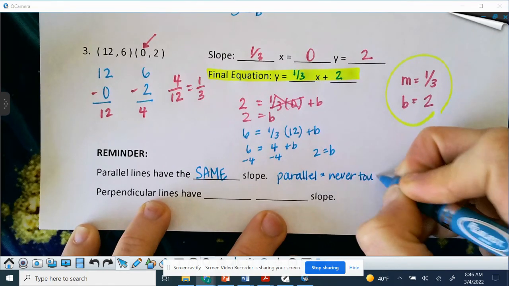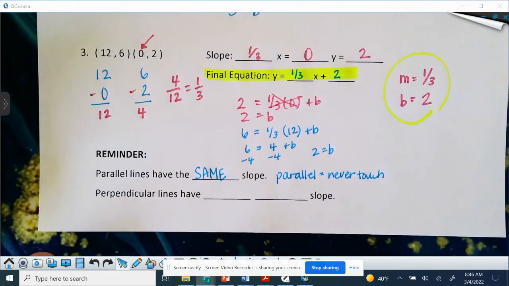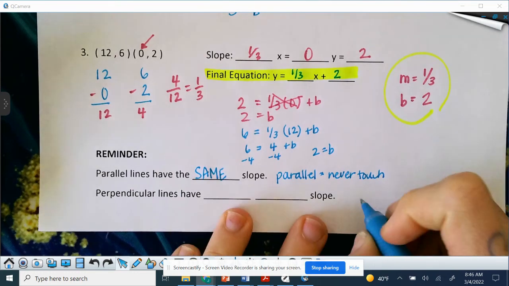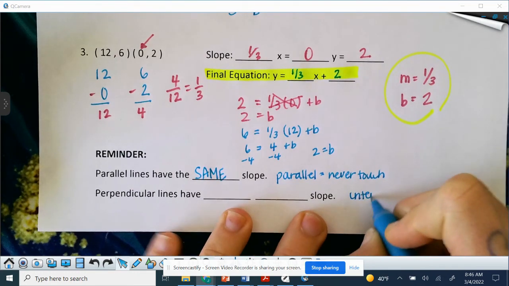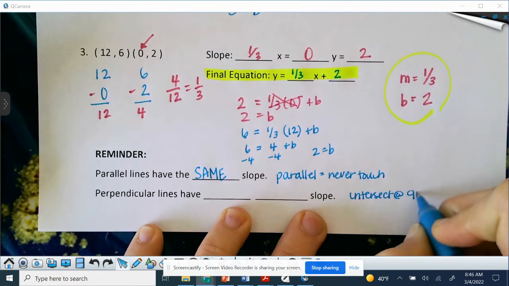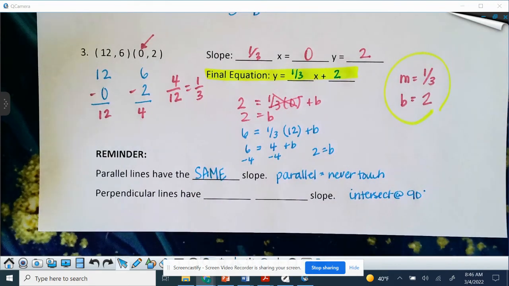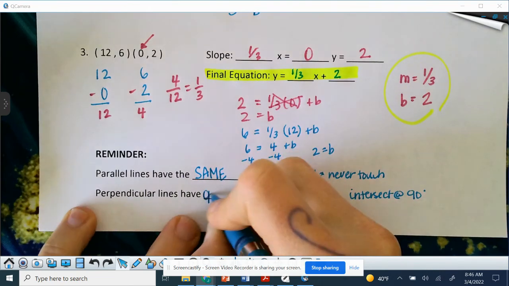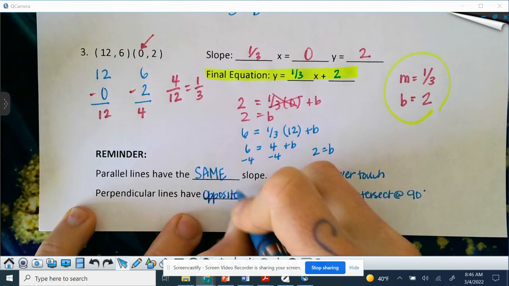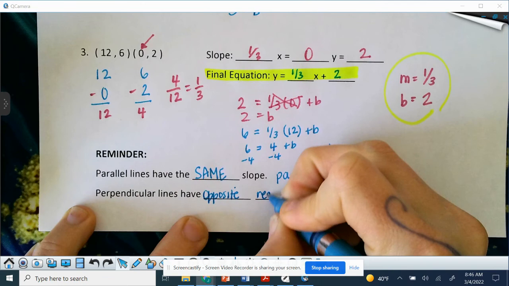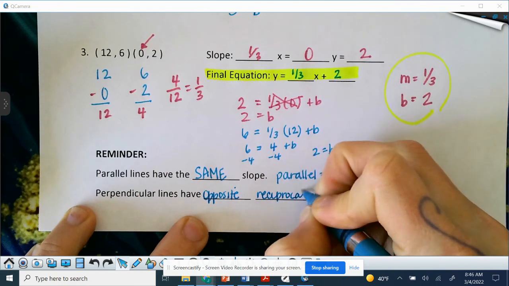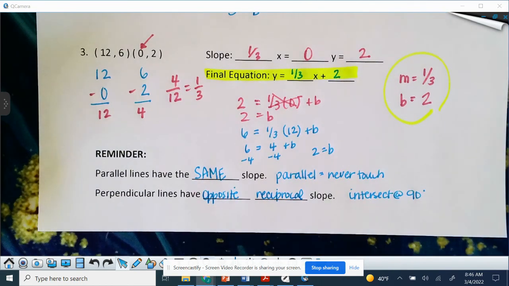Now, perpendicular. That means they bisect or intersect at 90 degrees. And that matters. Perpendicular, so we have to remember perpendicular. As soon as you see the word perpendicular, I want you to think 90 degrees first. And then I want you to think opposite reciprocal. So opposite being that if it was positive, it's now negative and vice versa. And reciprocal means we're flipping them. And we're going to get into that some more in our next video, in our next lesson. But just for now,